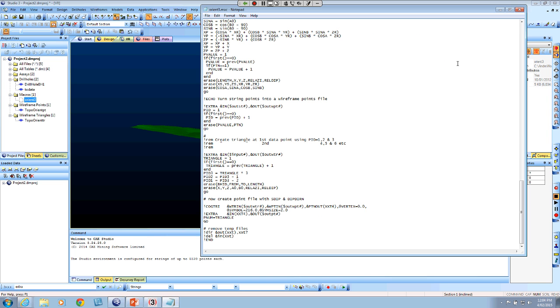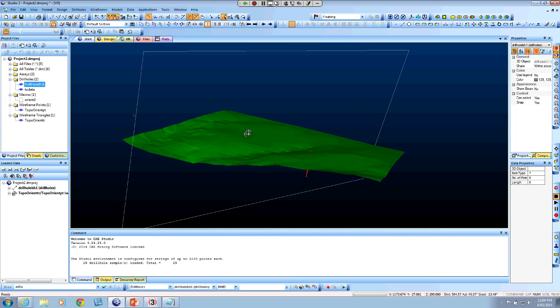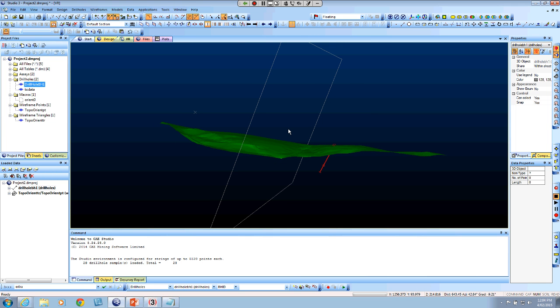So I'll just close this up. So just to view the drill hole data before we go and basically put it into the macro. So I load up the drill hole file. This is the drill hole file, and you have the same in your database. You'll have a number of drill hole files, and what you'll need to do is